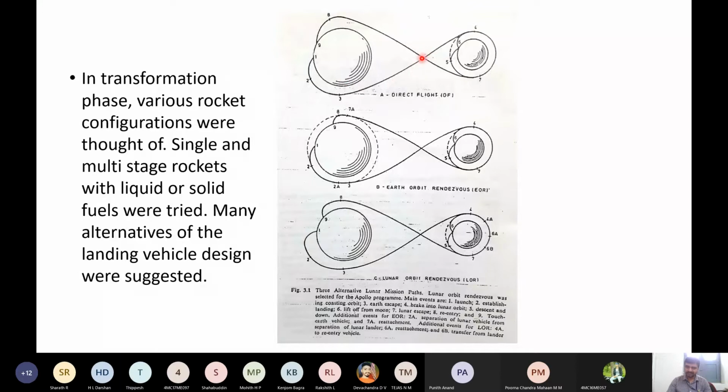The problem was again the weight of the vehicle, since this has to once again come back to the Earth surface. When it comes back to the Earth orbit, there is a problem of generation of a lot of heat. Because of that, the vehicle may burn, or it may catch fire. It happens for some of the projects. We know some astronauts died while re-entering, that means when the vehicle comes from space to land. So the vehicle may catch fire and there is a problem.